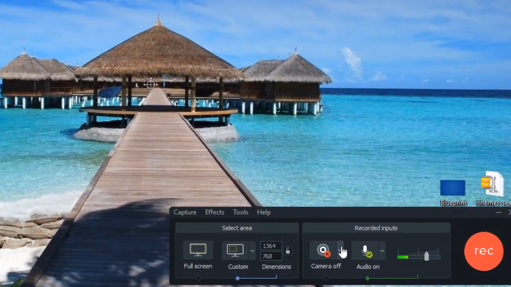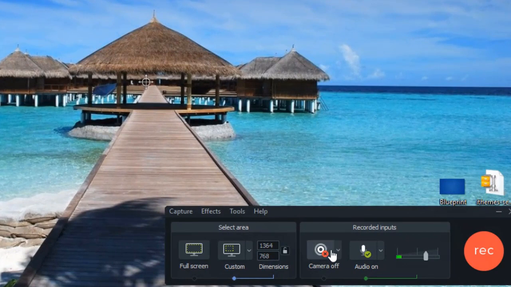The next thing is being able to record your camera. So if you want to record your camera, you can do so with your computer's internal camera, or if you have an external one, you can also select it here as well. And then for audio,